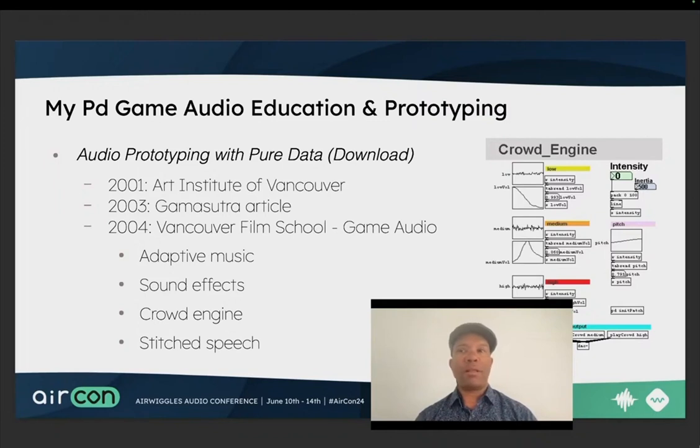So that means it compiles on pretty much everything, and you can use it for all sorts of different things. So when I was first teaching game audio at the Art Institute in 2001, over 20 years ago now, I really wanted to get a system that would show students and prepare them for actually working in game